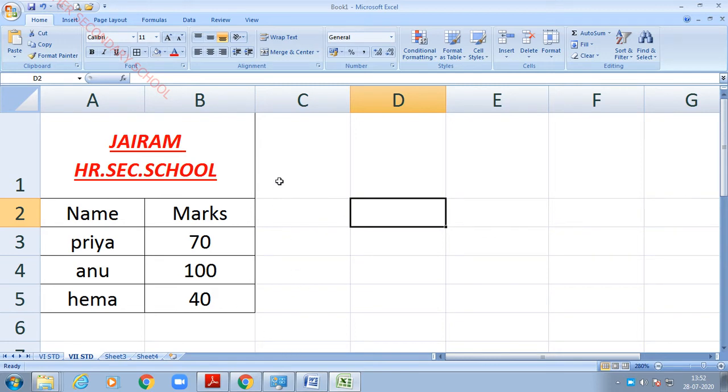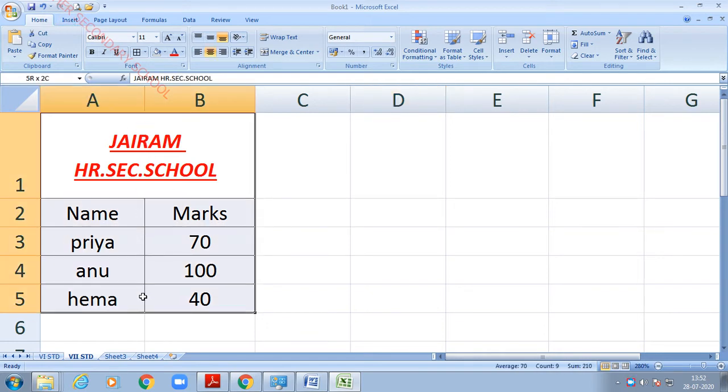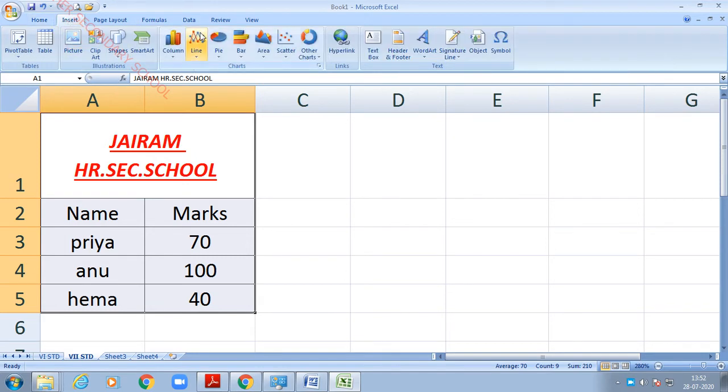Okay, next I am going to teach about charts. Next I am going to select the required data, because I told you already, whatever formatting options you are applying, before that you should select the required text. In case you forget to select the data, what will happen? Whatever you are doing, it won't apply. Okay, choose Insert, then click the Chart option.